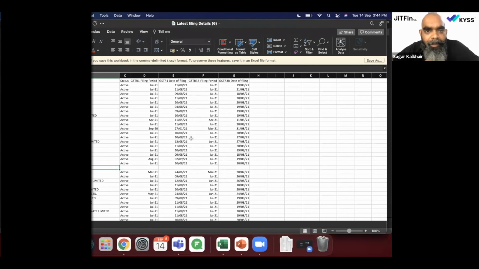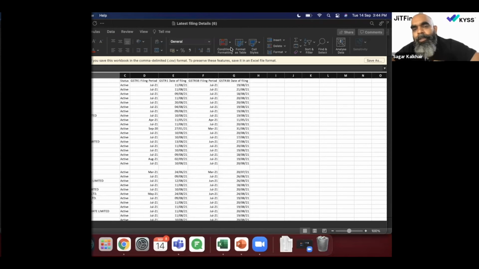All right, so let me just look at what features do you think, based on whatever you saw right now, right? Or the high level features that we provide right now, if you just have to summarize, are tracking whether your supplier has filed your GST or not, sending out messages and communication to them, and then GST reconciliation, right?